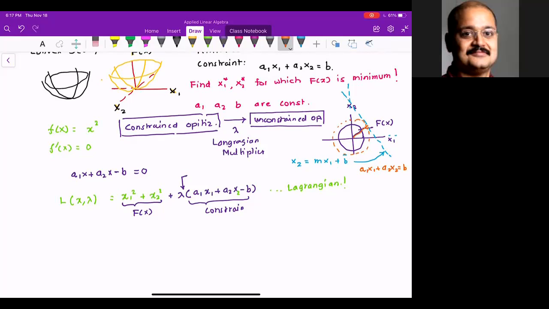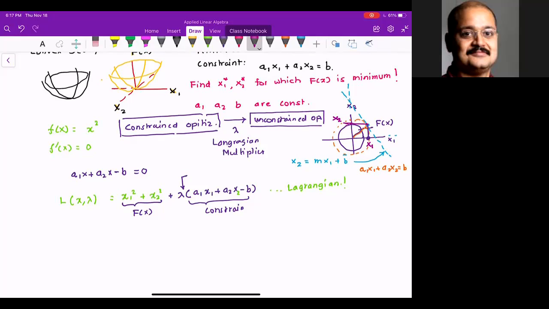And basically, by adding the Lagrangian multiplier, we are exactly solving that geometric problem that is happening over there. I want to find out, and this is very important, x1 and x2 in such a way that these 2 points, and I want you to think about this very, very carefully.